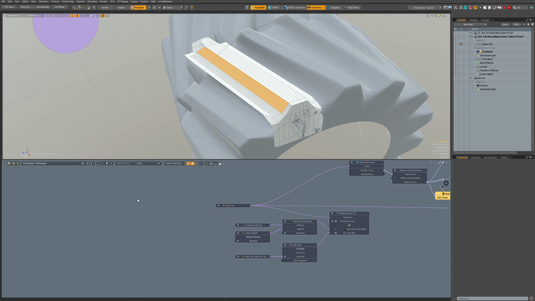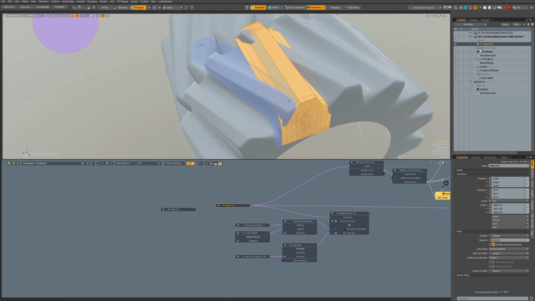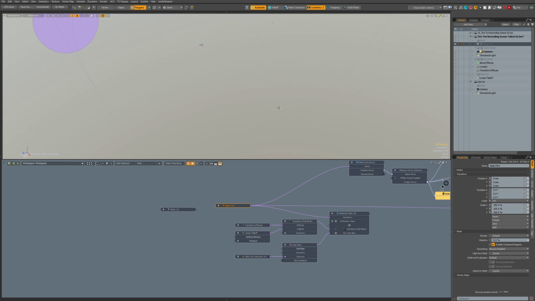So now I will take this base mesh and make a new mesh item. So I'll have to go to that mode, select the base mesh, copy it, let's cut it and move it here.